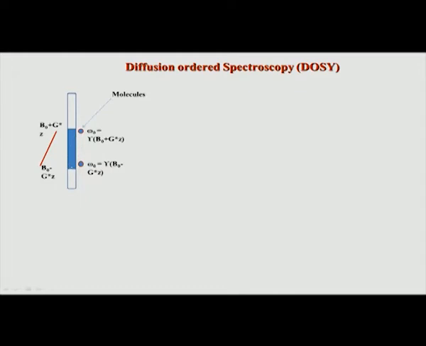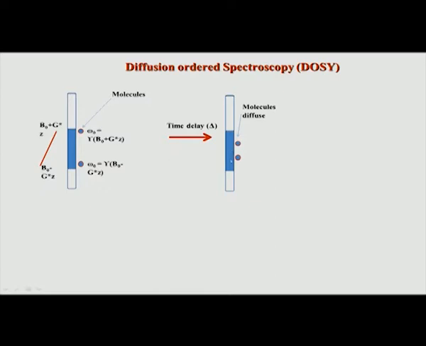So, when you apply a gradient, now the molecules are all dephased because, as we just discussed, they are all in different locations. So then what you do is you give some time. After applying a gradient you allow some time delay, meaning you do not do anything, just let the system idle. That delay is called delta. Now, during the delay delta the molecules are physically translating along the sample, they are diffusing, because this is a random diffusional motion. So the molecules are diffusing, that is a standard diffusion process.